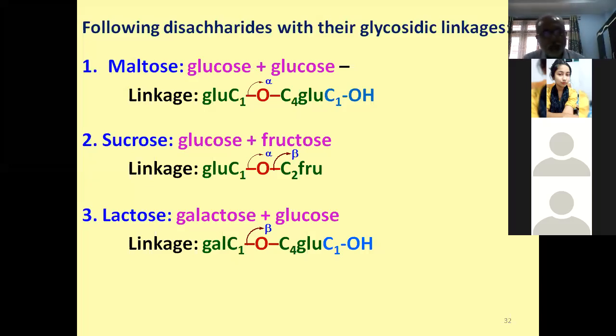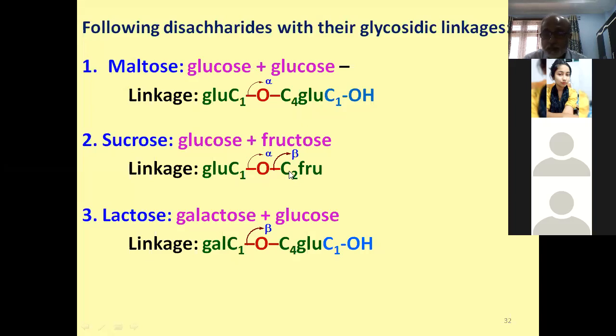But when we see its structure, what happens? What we say, a disaccharide is a glycoside of one monosaccharide. But here, the glycoside is formed from glucose and fructose, a combination of glucose and fructose. Now, glycoside of which one? Here in this case, it is a glycoside of glucose. At the same time, it is a glycoside of fructose, because here the C1 anomeric OH group of glucose through alpha glycosidic linkage is linked to the anomeric OH of fructose through beta glycosidic linkage. That means both the anomeric OH groups are condensed here.